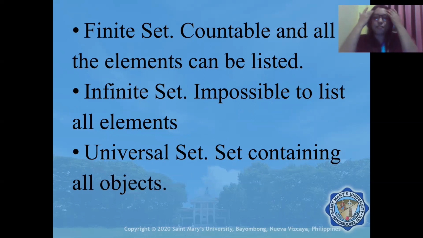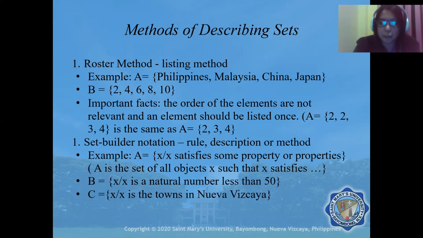Okay, so what is a finite set? These are the important types of sets. A finite set is countable, and all the elements can be listed, just like the given example for our roster method or the listing method. For an infinite set, it is impossible to list all elements. So if we go back to the given example here,